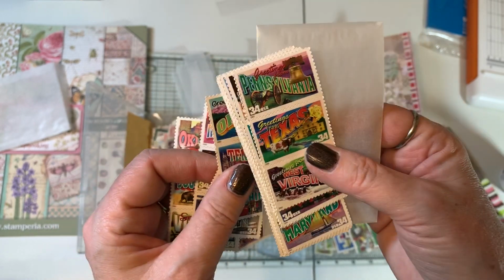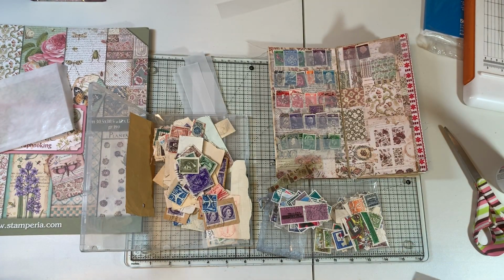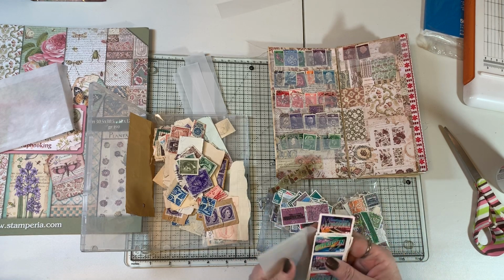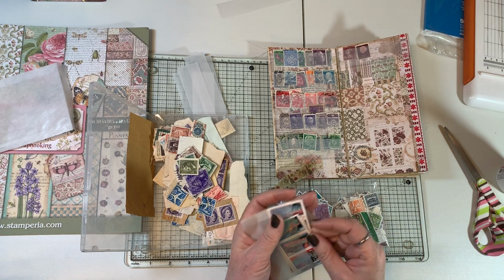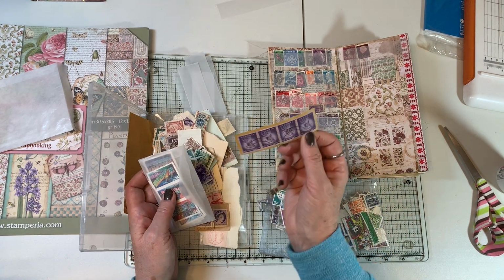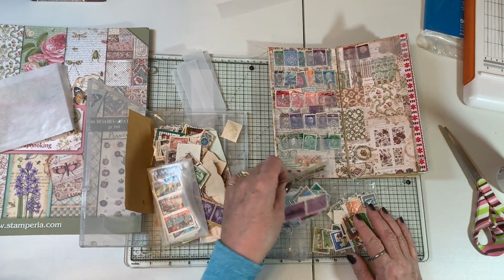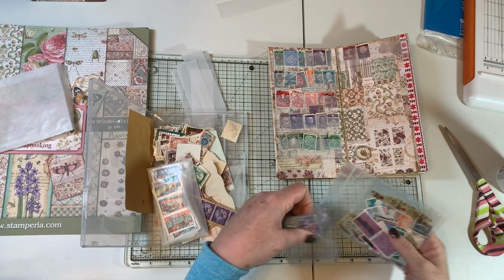Yeah. So, you know, it's not like I don't have any to work with, that's for sure. But I thought the little loose ones would be best in this book because ones like this that are on a piece of paper, I'm not going to lose that very easily. But yeah, some of these little, so I think we might do these three